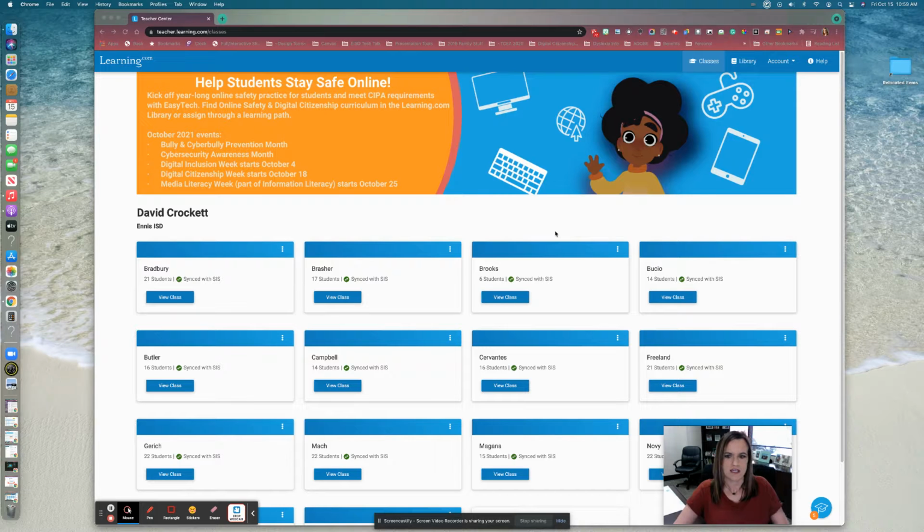Now let's take a look at the library tab. So as I said, when you first log in to learning.com, you're going to see all of your classes showing here on this dashboard. If you look up at the top right, you will see a library tab. So if you click on library,